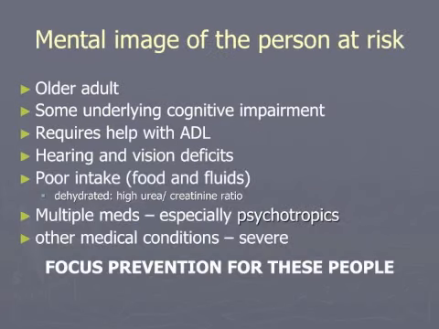So I want you to think about who is at risk, so you can get a mental image of the clients that you're providing care for. And we've been talking in the acute care setting, but certainly these would be the same clients in your continuing care settings or your home care settings who are at greater risk of developing delirium. So as we've been focusing on the older adult with some underlying cognitive impairment, it's that person who requires some help with their activities of daily living. Often they have hearing and vision problems, and they're probably not your most ferocious eaters in your setting.